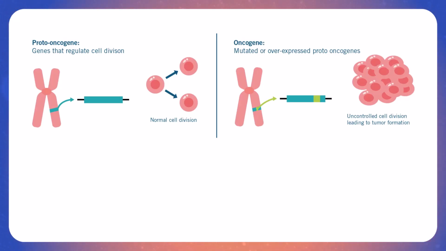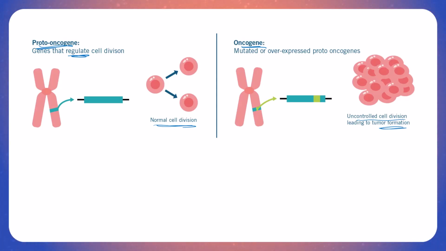So what happens when you have cells that can and can't regulate themselves? There are two types of genes. We have proto-oncogenes and we have oncogenes. Proto-oncogenes are genes that can regulate cell division. Notice these are genes that are going to be present in chromosomes that will result in normal cell division. Once those proto-oncogenes become mutated or overexpressed, they become oncogenes. Okay? A mutation exists in that proto-oncogene, and once that mutation exists, it will result in uncontrolled cell division, leading